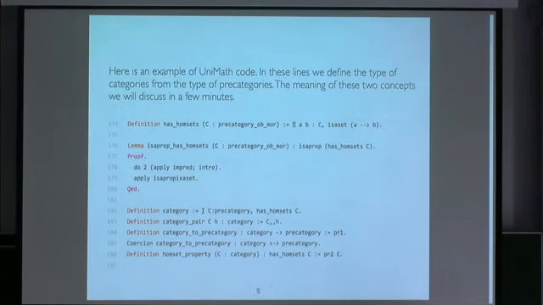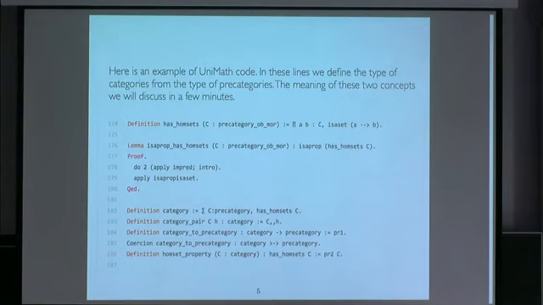Now here is an example of UniMath code. In these lines we define the type of categories from the type of pre-categories. The meaning of these two concepts we will discuss in a few minutes. So this is actually a screenshot from a GitHub page, and so it goes, definition of what